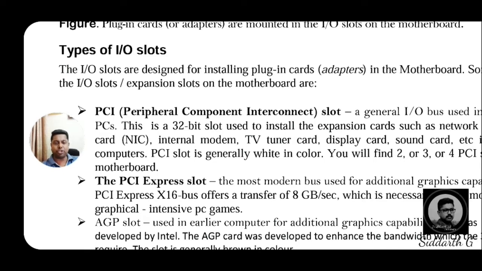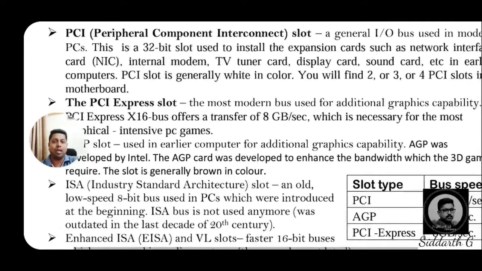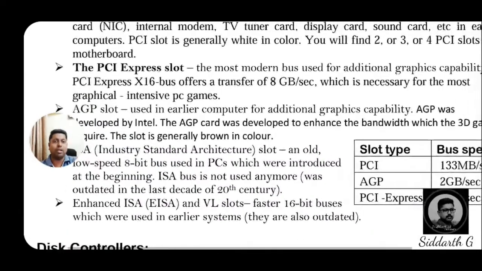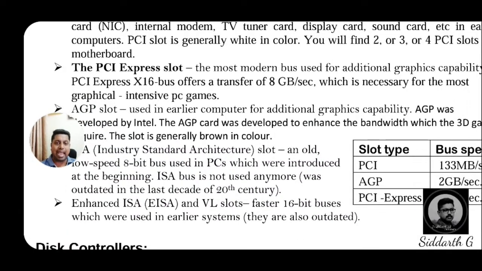And the PCI Express slot, in 16x, is blue in color. If you are identifying it on the motherboard, it is a physically blue slot. It supports nearly 8 GB to transfer data. So this will be for graphics, with more data compared to the PCI. PCI Express supports up to 8 GB, and PCI Express slots also support intensive PC games. As I said earlier, if you want more RAM, at that time these slots will be helpful.